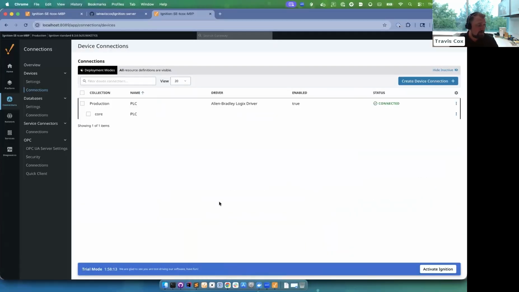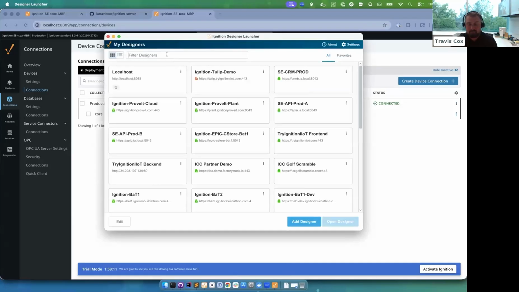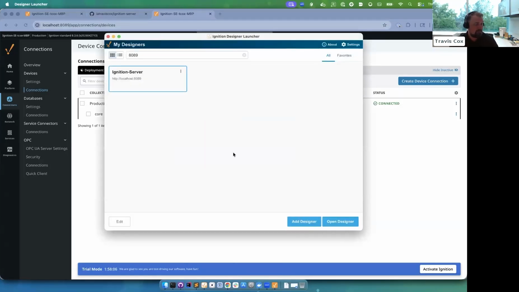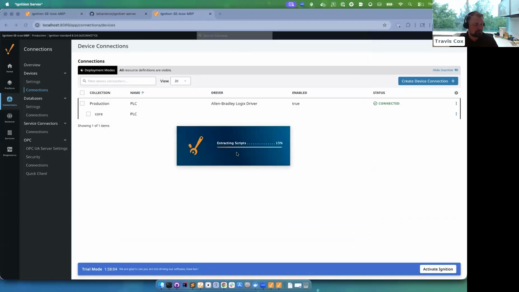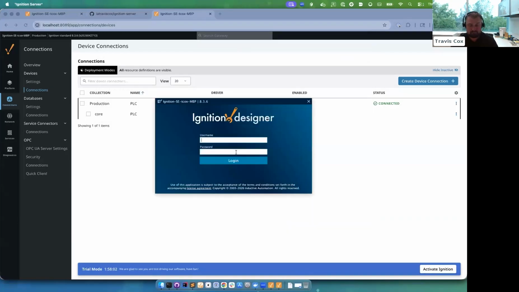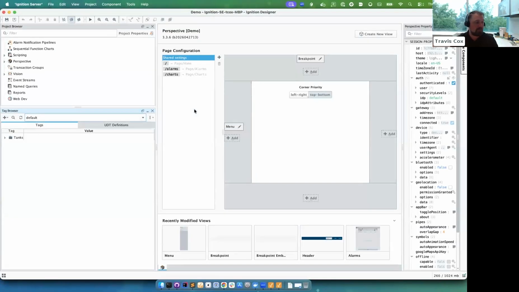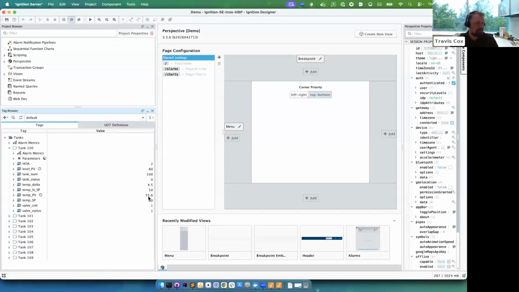Now let's go make sure, I'm gonna open the designer here for the new side for my production server, and make sure that our tags are still functioning exactly the same way. Because the OPC paths of these tags were identical. One was simulator, and the other, of course, is the real PLC, which you can see is changing quite fast on the temperature. All that's being logged to a database on the production side, and it makes this process